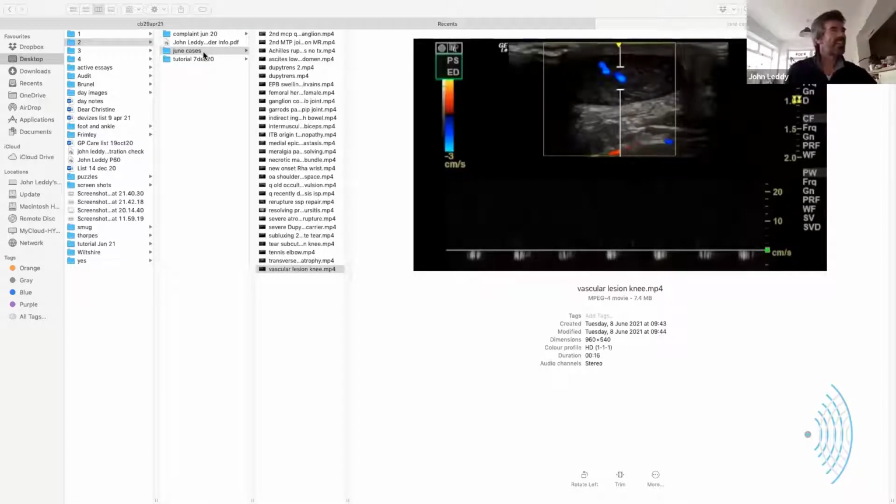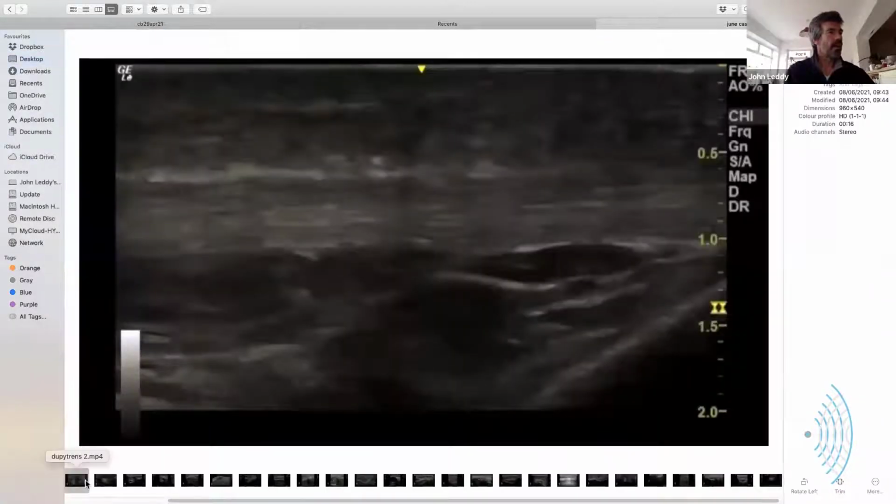I have control. Good. Right, so let's go. Screen sharing. Let's have a look. A little wander. Now,